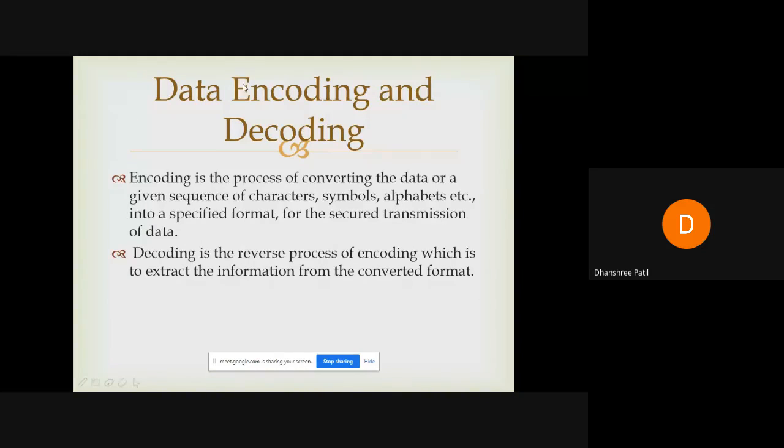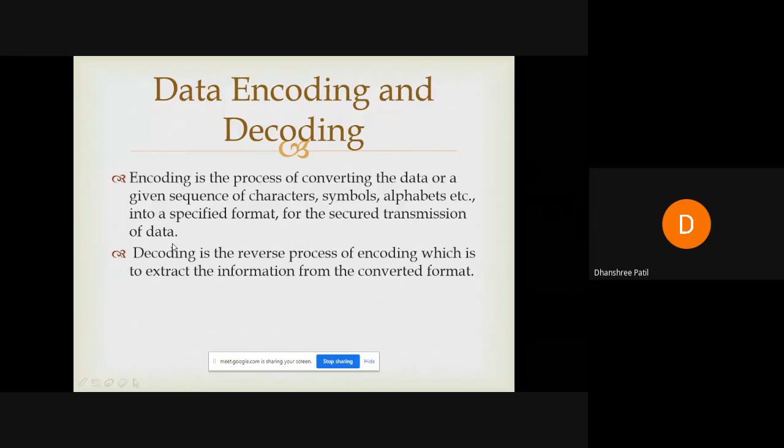That part is the next part from the first chapter. So what is meant by encoding and decoding? Encoding is the process of converting the data or given sequence of characters, symbols, alphabets into a specified format